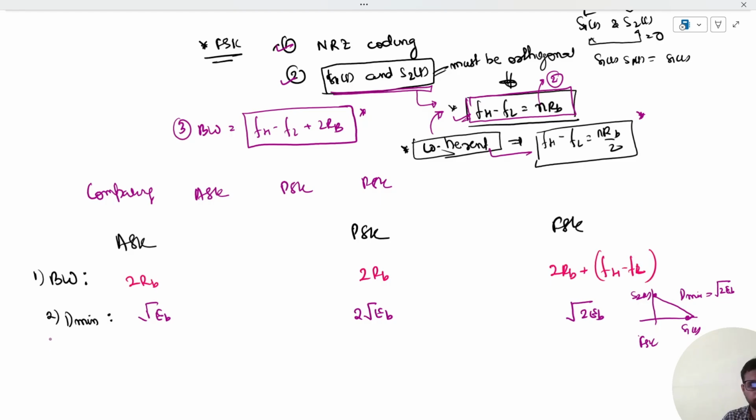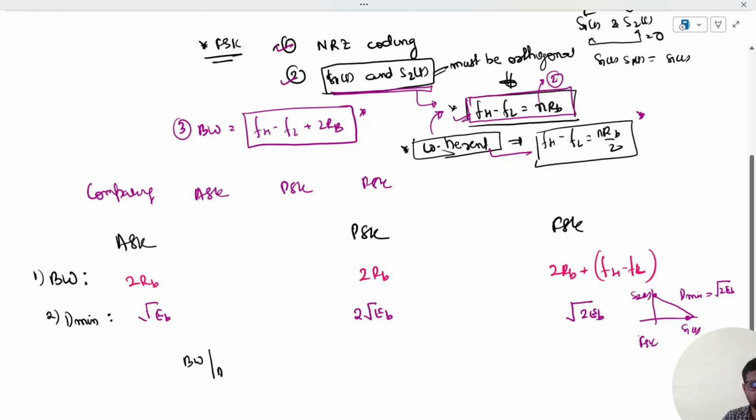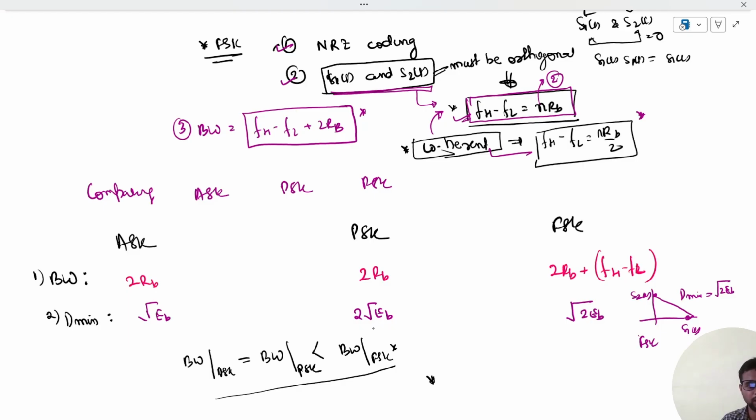So now you see, we can say that the bandwidth of ASK is equal to the bandwidth of PSK, but both these bandwidths are lesser than the bandwidth of FSK. That means the bandwidth of FSK is highest. First comparison. Second, see, d minimum is highest in PSK, then it is for FSK, and lowest in